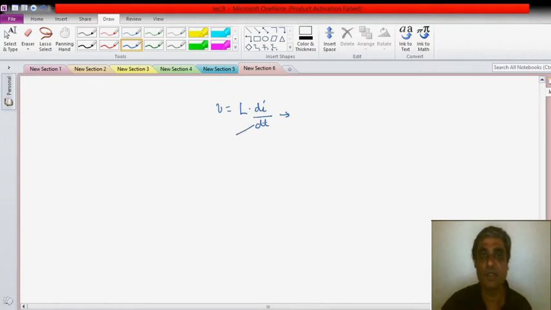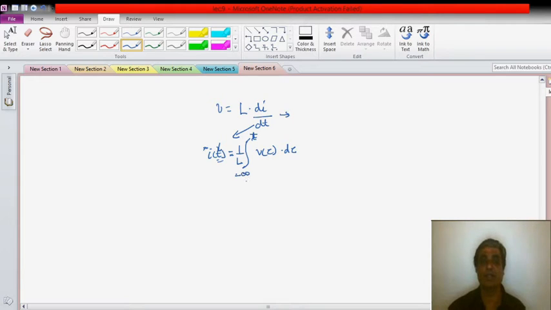Now let me express it in terms of current through the inductor. So what it will be: the current through the inductor for time varying, that is for this point t, you can define as the integral of v of tau d tau divided by L. Now the question is the limits. The upper limit we can take as t, because I would like to know the current at this point t. Now what will be the lower limit? I don't know anything, so mathematically let me write minus infinity. So this will be my integral behavior, and to express this I should know what my constant of integration is.